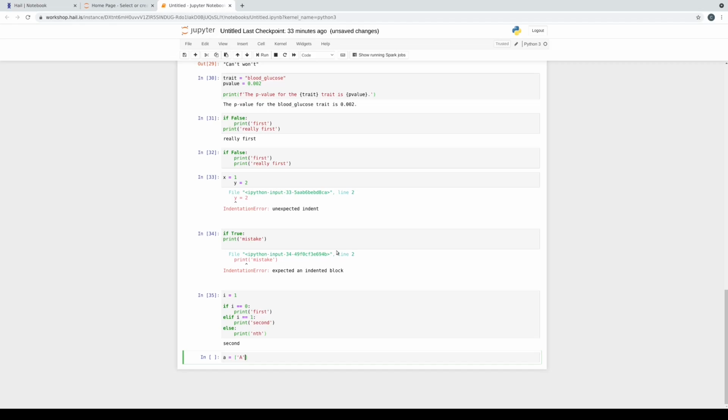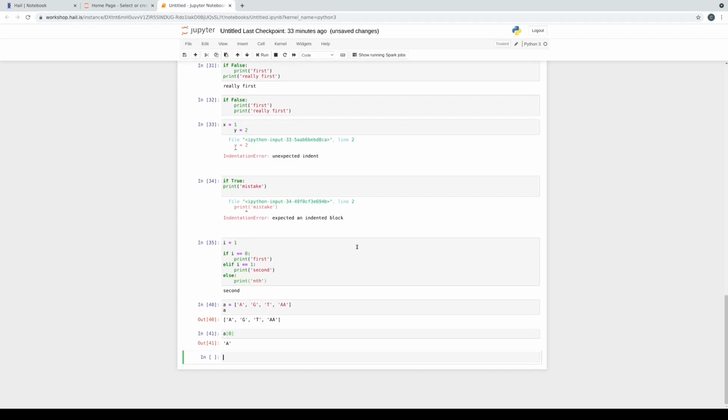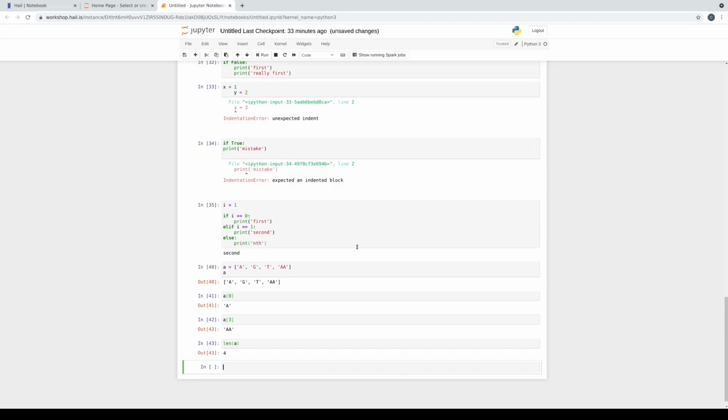So let's say we've got some DNA sequences, most of which have a single base, but then we'll add one with a double base. Then we'll print it out. You can see we have a list. The list has 4 elements. You can use bracket index notation to get the list. Lists are indexed starting at 0. So the first element, which is A, you can get by doing a[0]. That would make the last element a[3]. There's a function to get the length of a list, len(a).